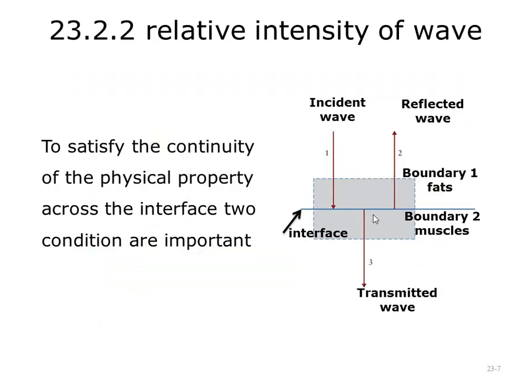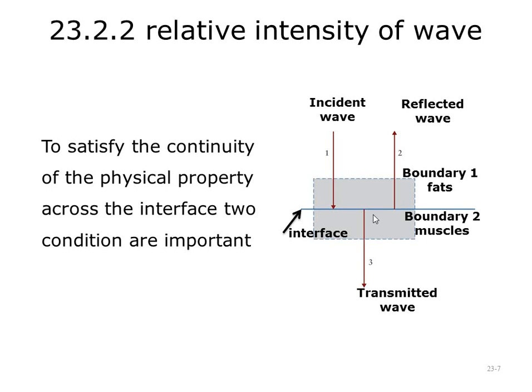Now let's go to the next part, that is the relative intensity of waves. As we mentioned, consider that there is a flat interface between different media, for example, the flat interface between fat and muscle. At the interface, the incident wave is partially reflected and partially transmitted. According to this, and in order to satisfy the continuity of the physical properties across the interface, there are two important